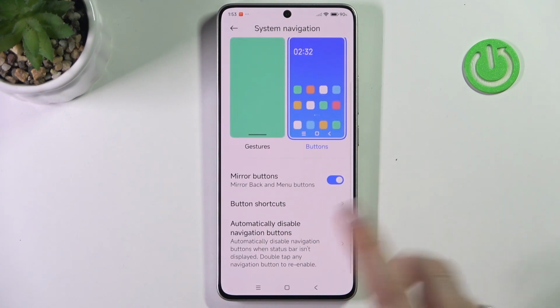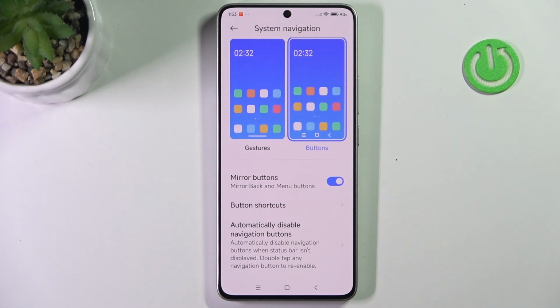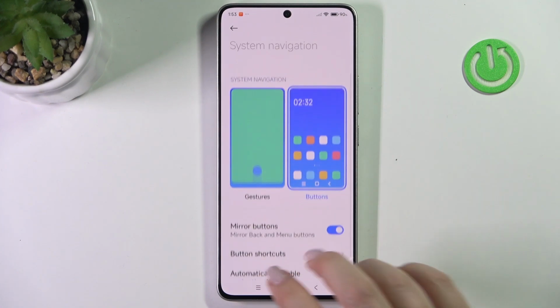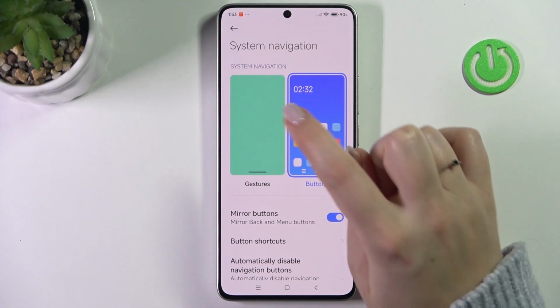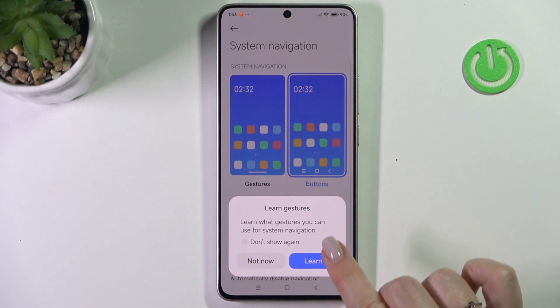Before we set the gesture, a quick disclaimer: here you can customize the buttons, so we can mirror the back button and the recent, so reorder them, or you can manage this option, automatically disable navigation buttons when the status bar isn't displayed. So in order to set the gestures we have to simply tap on this animation,